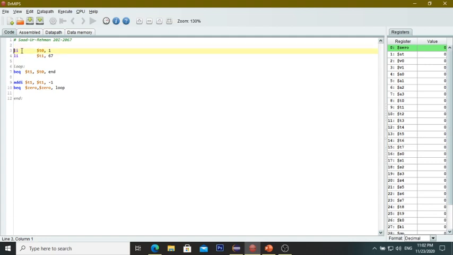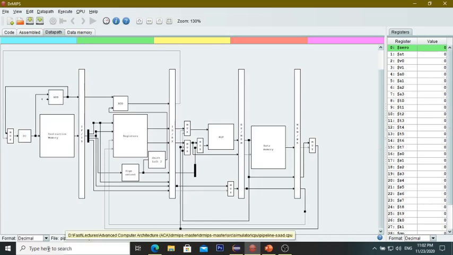We have register T0 that stores value 1, and T1 that stores value 67, which is the last two digits of my roll number. This loop will run exactly 67 times, and you can see the working of the code. So here is the data path.